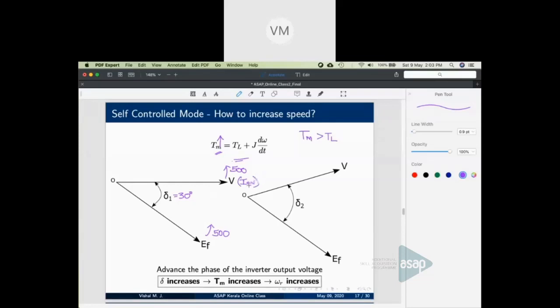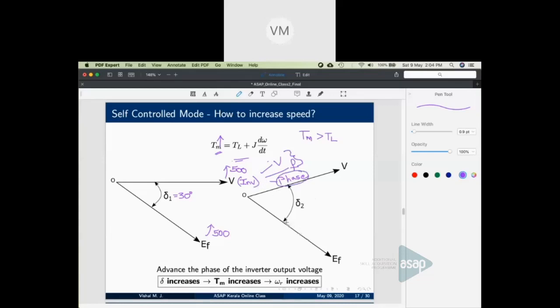We have seen in the previous slide, what all things can an inverter control? We have seen it can control V through pulse width modulation. It can control F through frequency modulation. There is one third important parameter which an inverter can control, which is called the phase of the output. The phase of the output with respect to a reference also an inverter can control. We were using only the first two parameters in true synchronous mode, whereas we will be using this parameter in self-controlled mode.